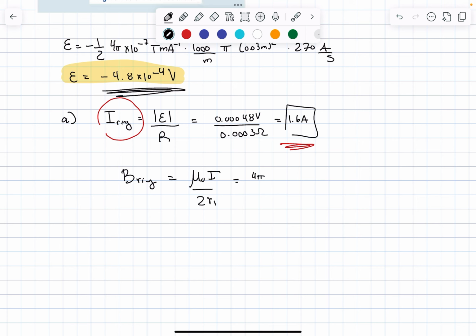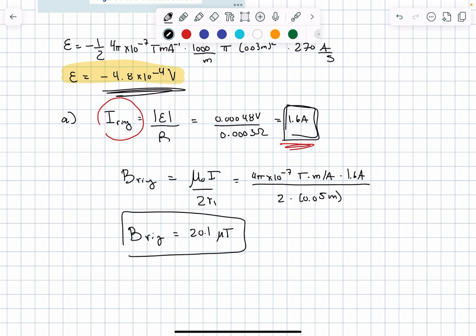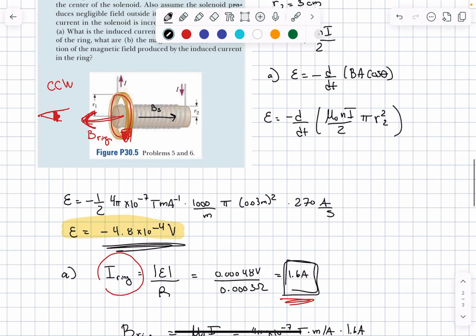And then all we do is plug in our numbers. So we get 4 times pi times 10 to the negative 7 Tesla meters per amp times 1.6 amps, because that is the current that we have induced, divided by 2 times 0.05 meters. And this, the magnetic field induced by that ring is equal to about 20.1 microtesla. So again, the next question says, like, where is it going? And we already know where it's going, right? Because of this opposition that comes from Lenz's law, okay? So B ring is going to be in this direction to oppose the increase of this direction here. And that is it for the